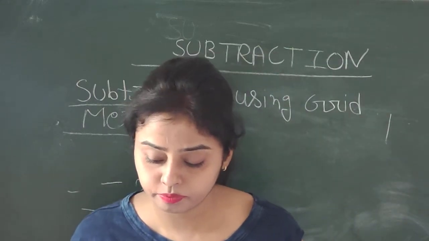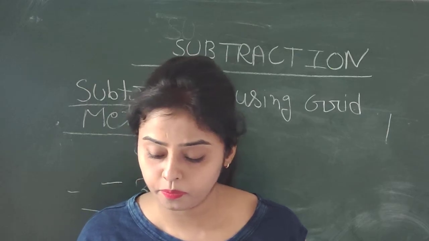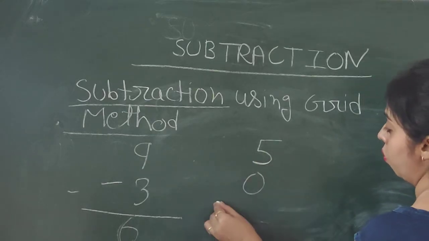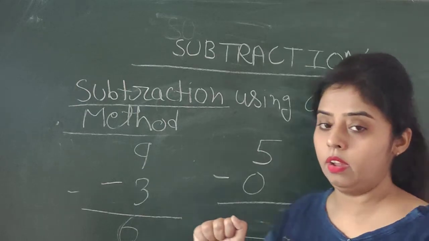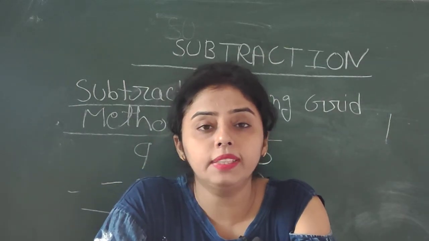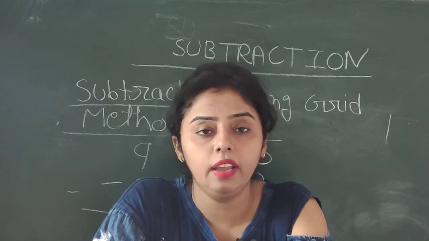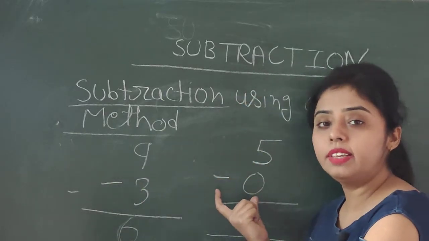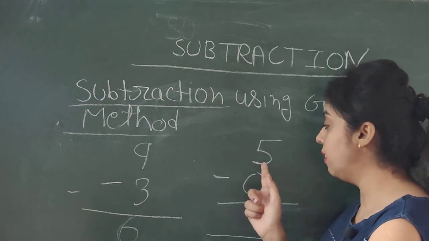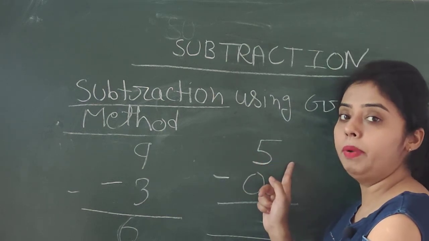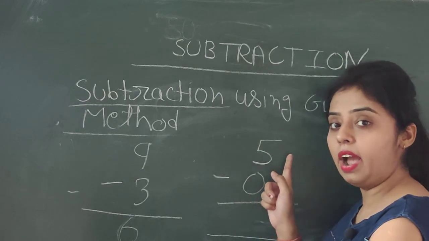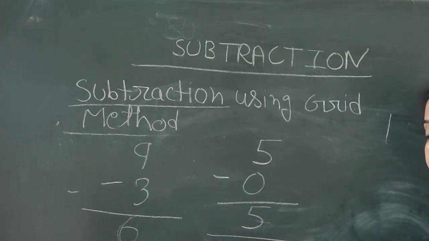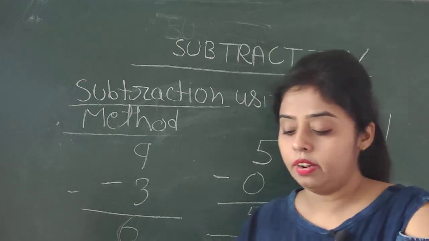Next one is five subtract 0. फर्स्ट ऑफ ऑल हम किसी भी नंबर में से 0 को लेस करेंगे तो क्या बचेगा? वही नंबर जो हमारे पास होगा. ओके या 0 में से किसी भी डिजिट को लेस करेंगे तो वही क्या आएगा आंसर में? वही डिजिट आएगी जितनी डिजिट हमें लेस करनी है. 0 नहीं आएगा. क्या आएगा? नंबर. तो हम क्या लिखेंगे यहाँ? 5. ओके आंसर दिस राइट नाउ.